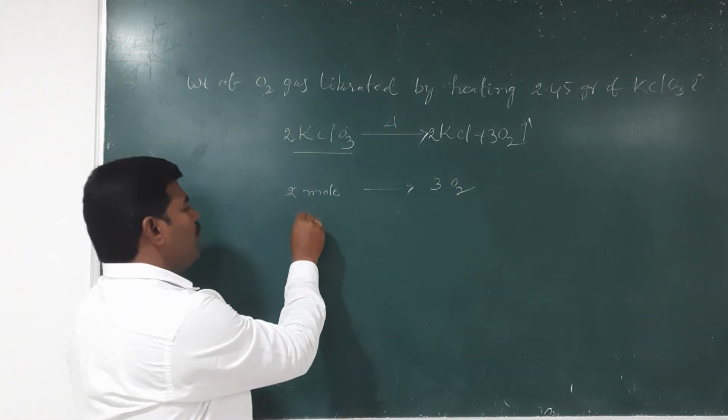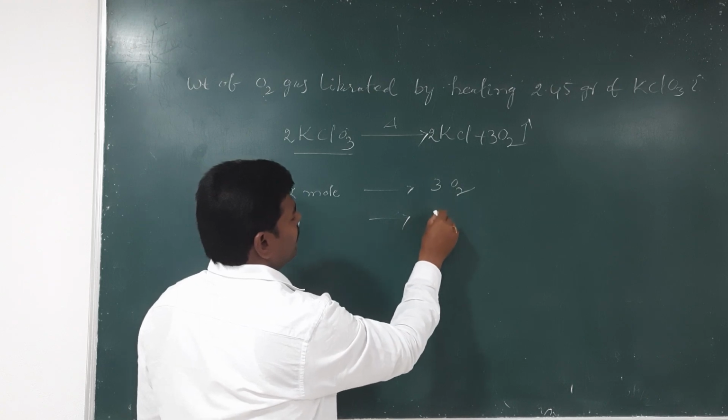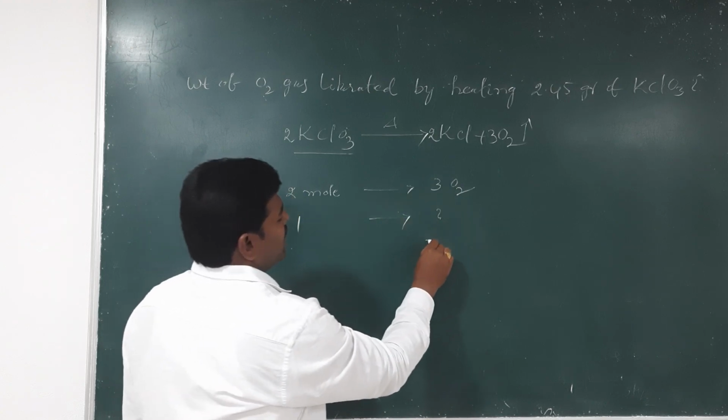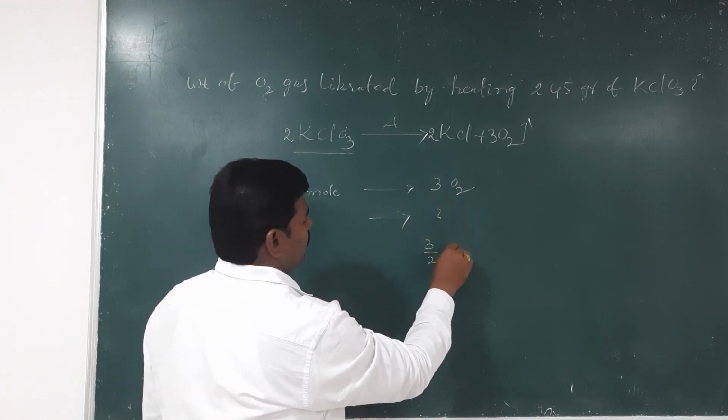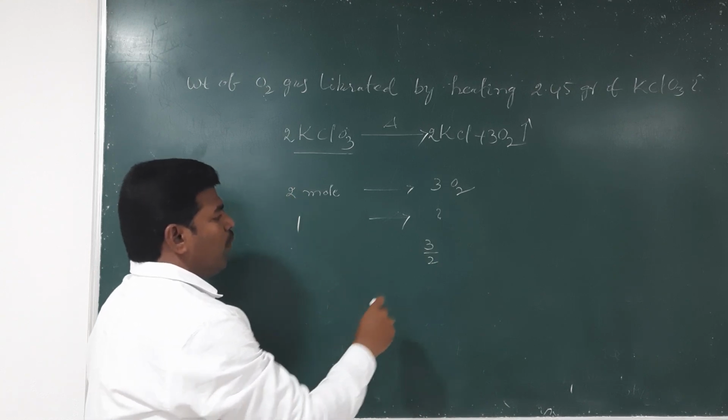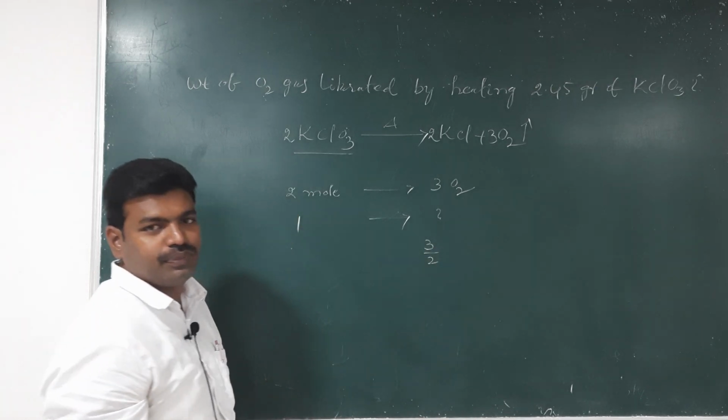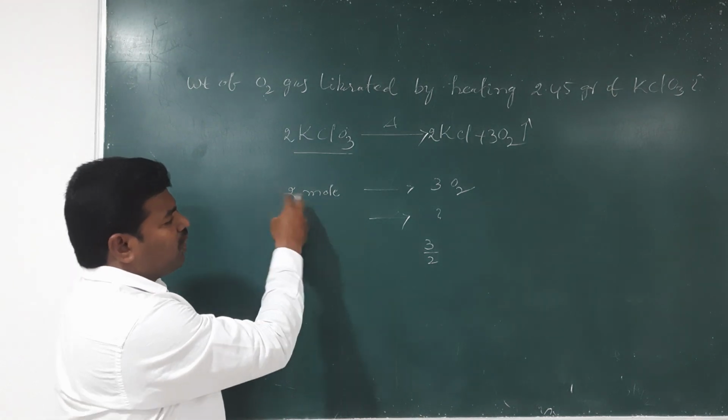Then 1 mole of potassium chlorate liberates 3/2 mole. We can solve this by cross multiplying,